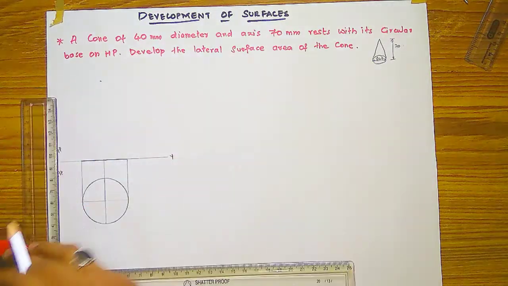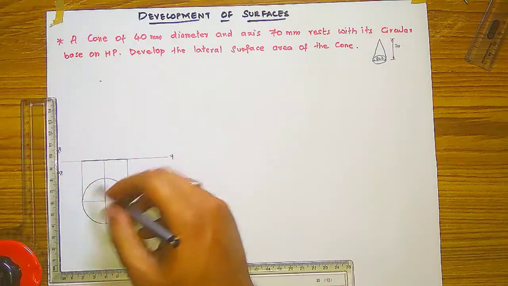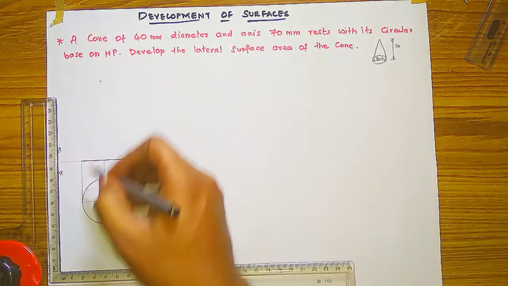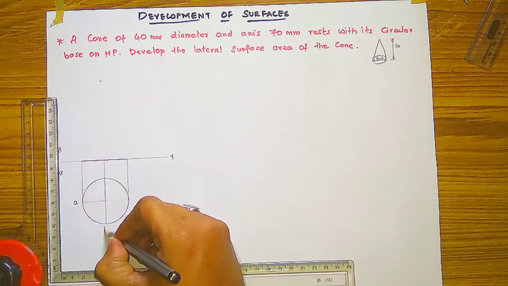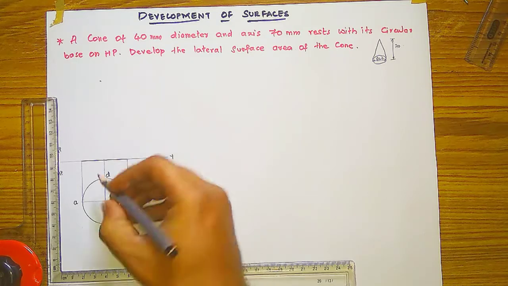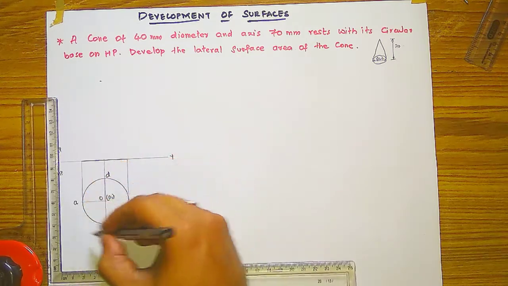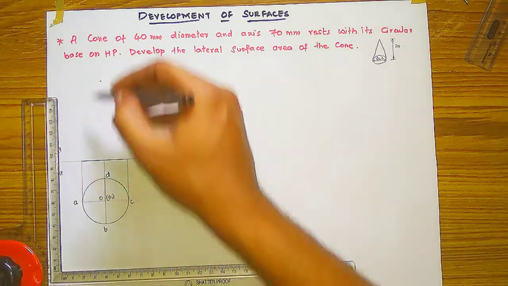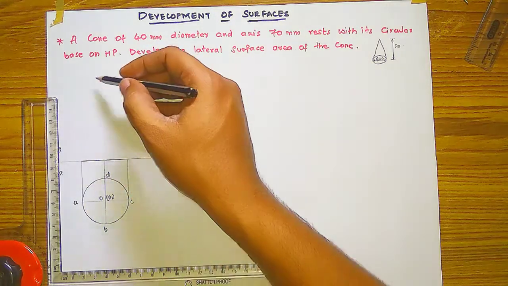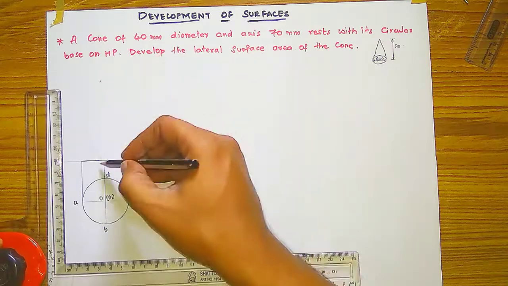So you have to label this circle. Then after I will draw the pyramid. Here, if the pyramid is there, you have to label A, B, C, D, and in between the center, origin, O, O1. And to label this pyramid, first you have to take the axis height, how much? 70 I took. Then after you have to draw the axis line.